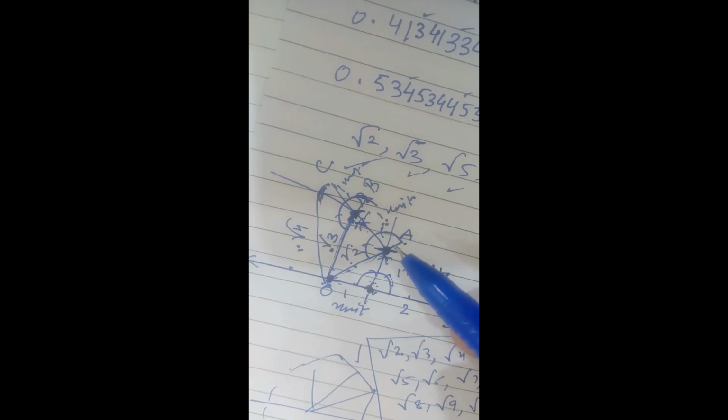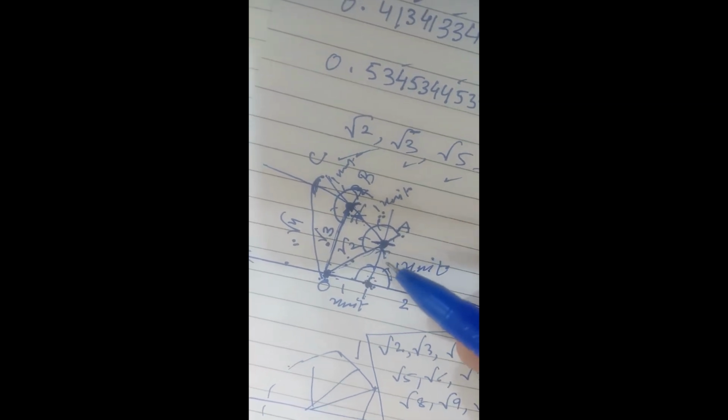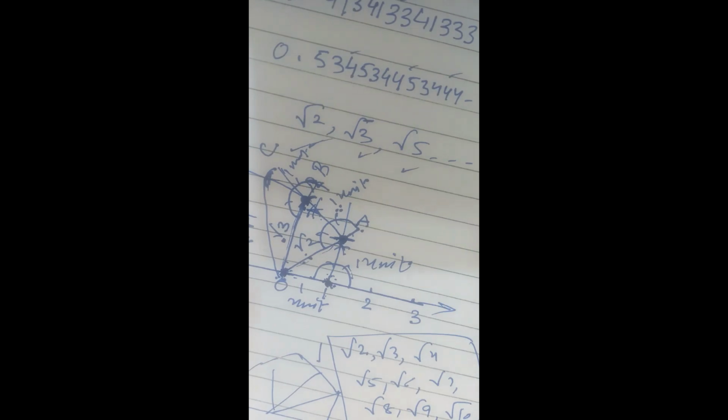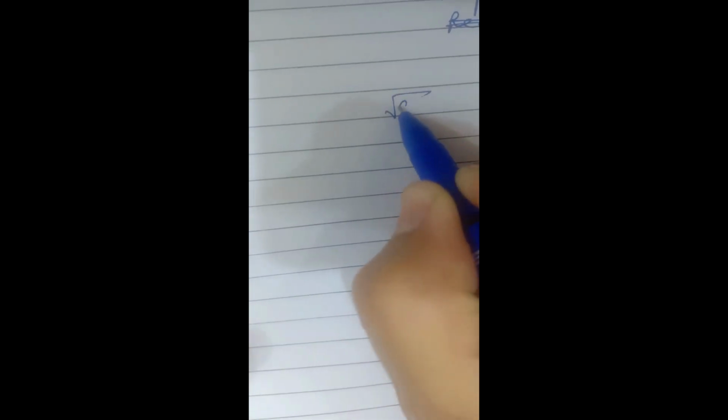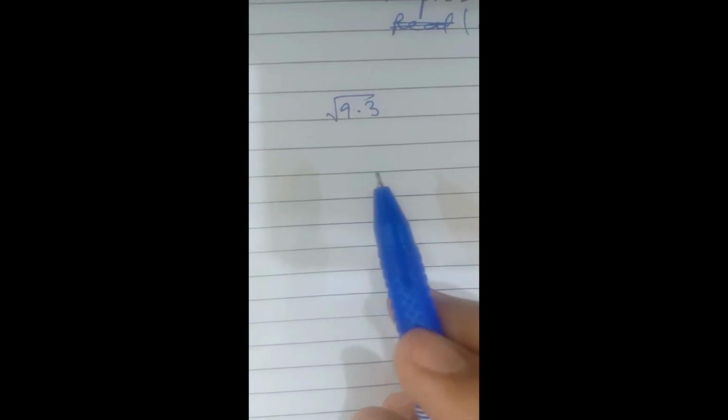Now comes one more thing. Sometimes in your paper it is asked how to represent any irrational number on the number line. Any irrational number, as I said, is one given under the root which you cannot solve, and most of the time we do this question with root 9.3, how to represent it on the number line. See, if you are not supposed to prepare the spiral, even for root 2 you can go with this method, which I am going to tell you right now.